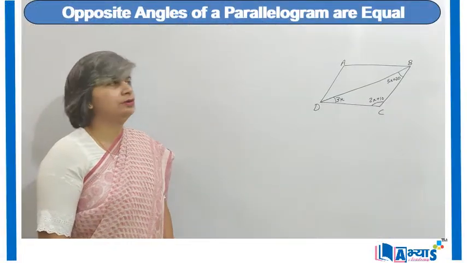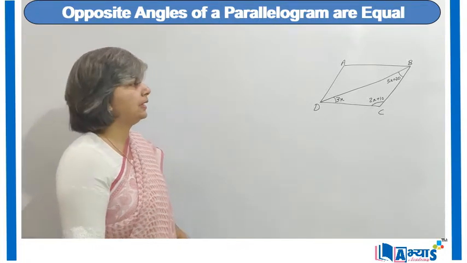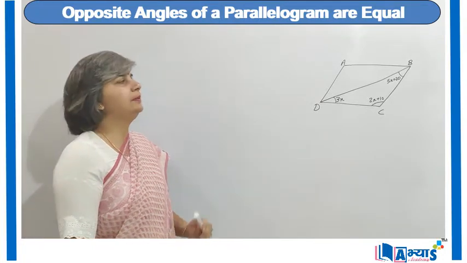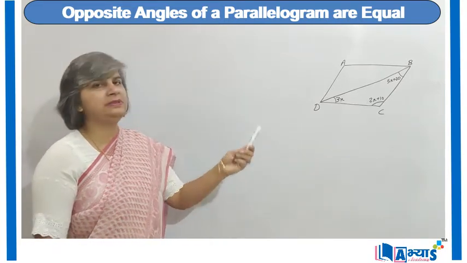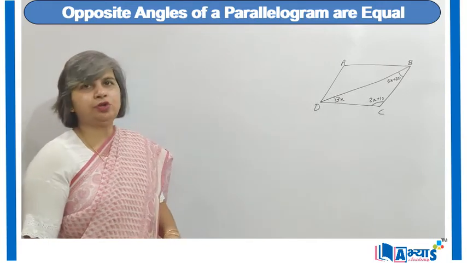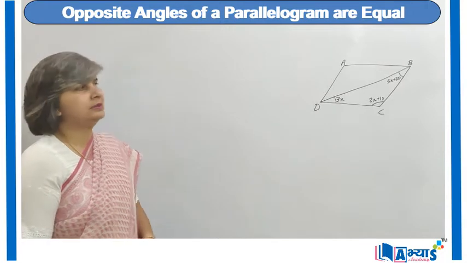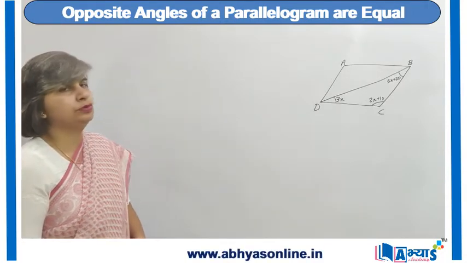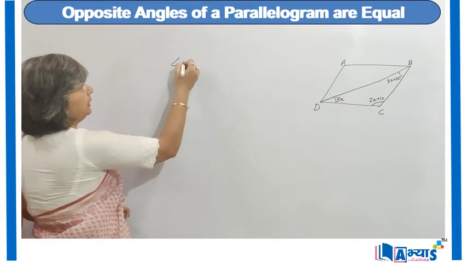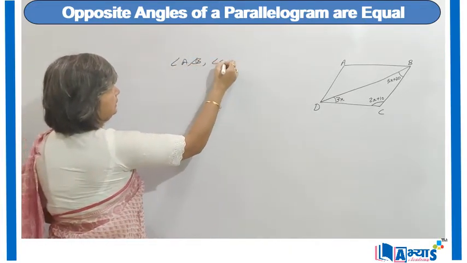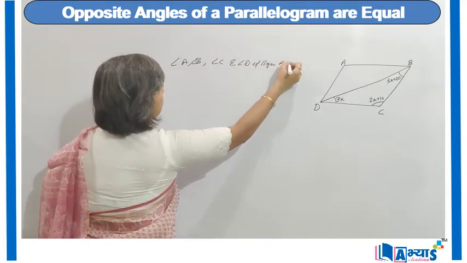Let us now apply the concept that opposite angles of a parallelogram are equal. That means angle A is equal to angle C and angle B is equal to angle D. Now we are given a question in the figure in which ABCD is a parallelogram, BD has been joined, and we have been given the measures of the angles in terms of expressions of x, and we are supposed to find all the angles of a parallelogram. We are supposed to find angle A, angle B, angle C and angle D of parallelogram ABCD.